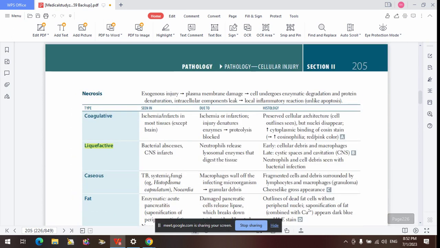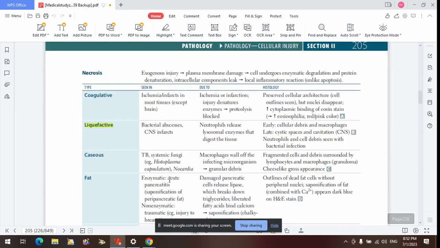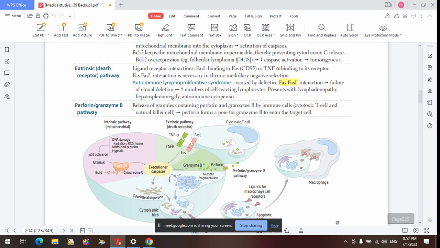So let's just continue. Dr. Mawale? Yes, Dr. Precious. Please, I didn't get how you linked granzyme B to activation of caspase. Which one? Caspase. Yes, granzyme B. So what is happening is that